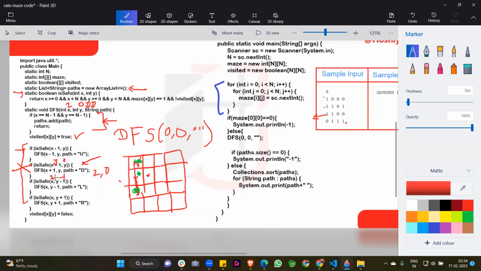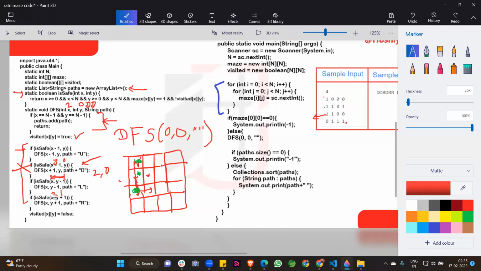Okay, and after that this is not executed, then our 2 comma 0 remains the same, and after that we are checking x, y plus 1. So what is the value of x? X is 2 and y plus 1 means 0 plus 1 is 1. So we are checking for 2 comma 1. So what is the meaning of 2 comma 1? We have come to this position. Is it safe or not? Like you can see here, this position is safe.